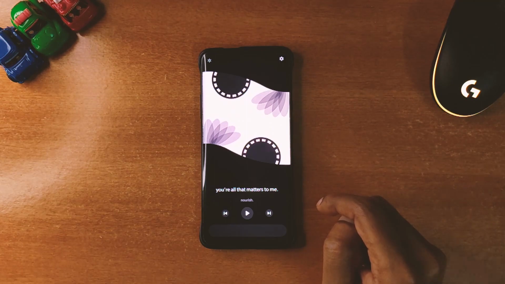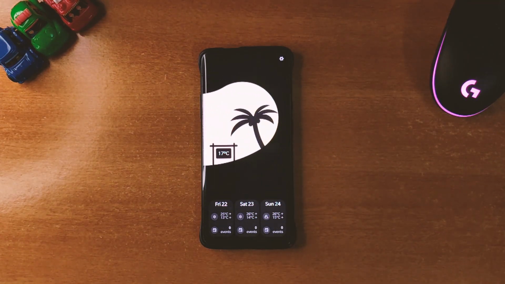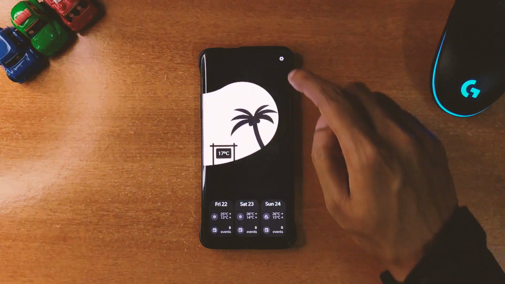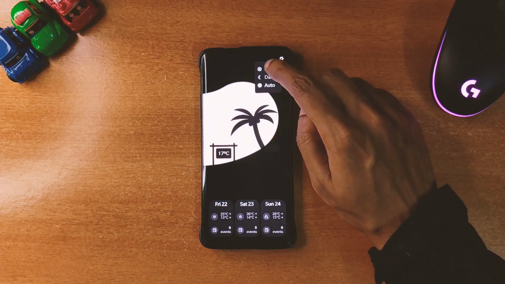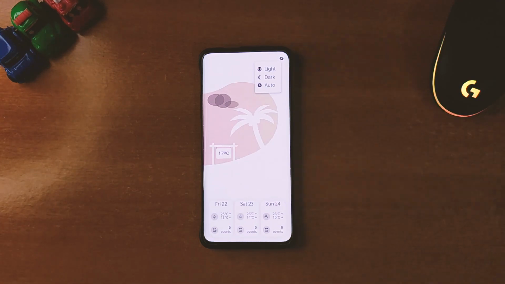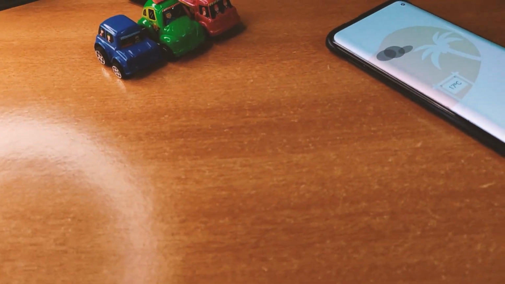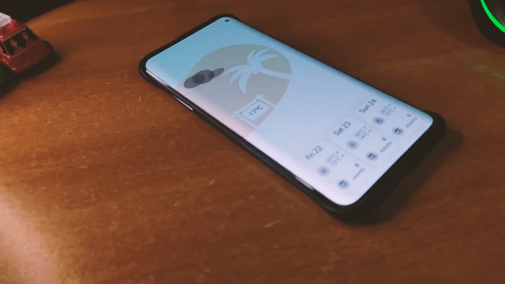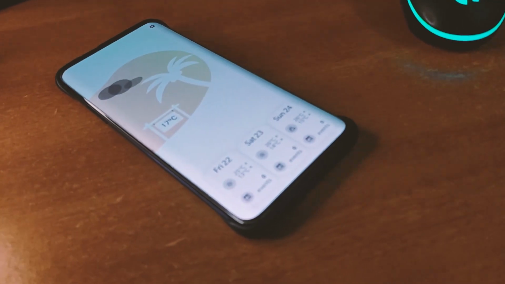Also, there is a Google search bar at the bottom of it. And you can customize the theme by tapping on this gear icon at the top, as you can see here. So overall, it's a very beautiful and pleasant theme that has some relaxing animation in it. So you might want to give this one a try as well.